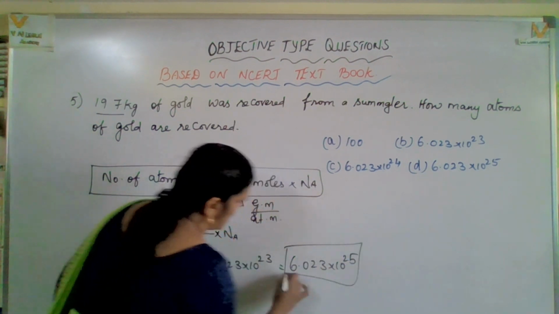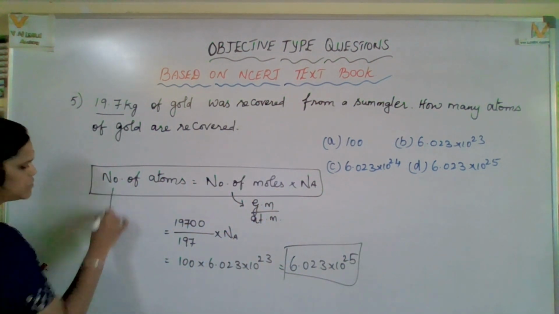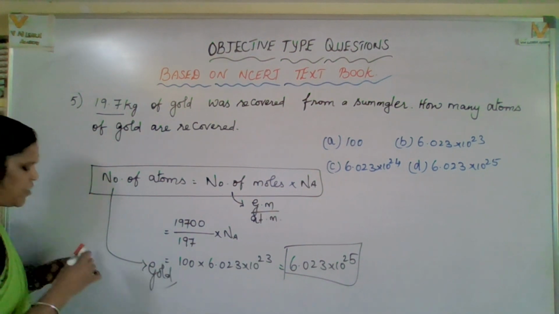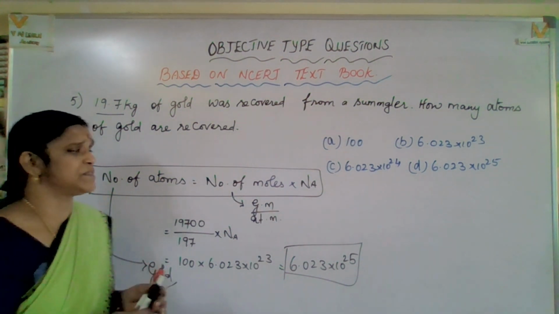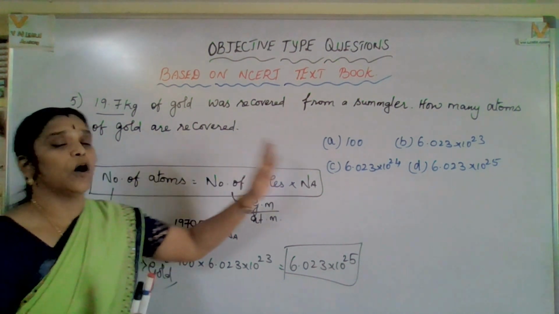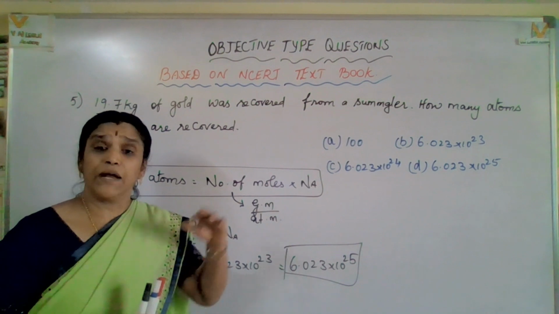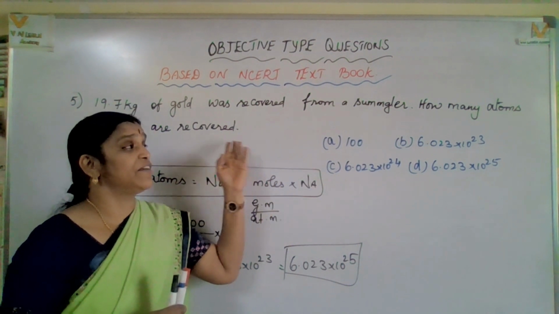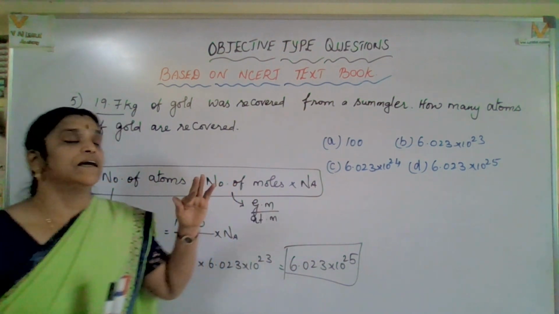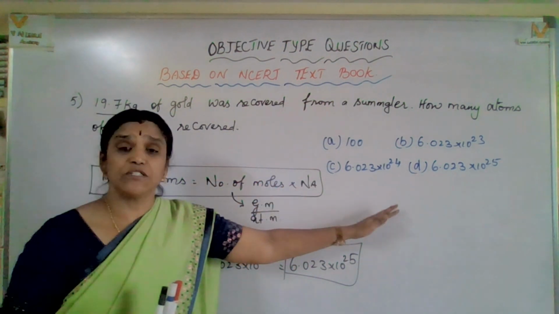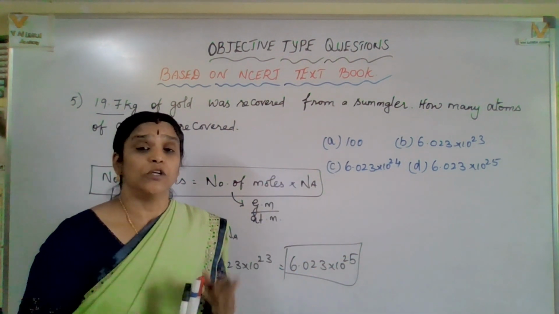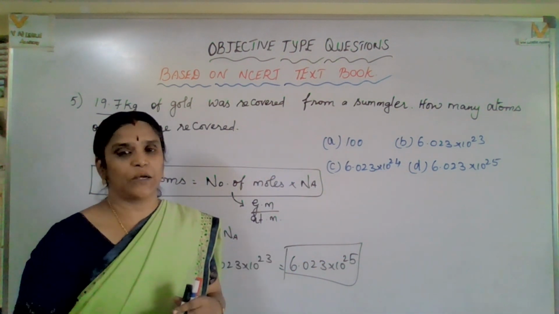I hope you got a clear answer. Number of atoms of gold. It's easy to identify the number of atoms. If you know this formula, definitely you know how to solve. See, I have given a number of ideas for more concept related problems. So just watch those videos, definitely you will enjoy and you will crack those more related questions.